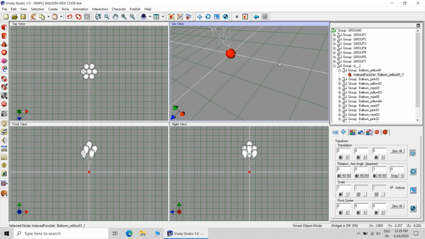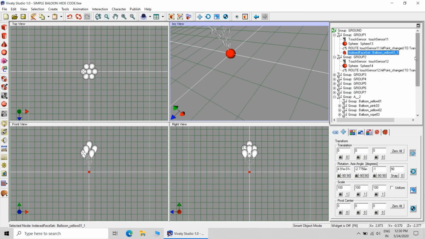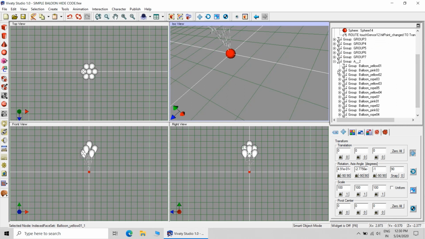And our objective is to move the balloon, meaning the index face set (IFS), from each group to the group that we have created. So locate the balloon in each group and move it to the required group.